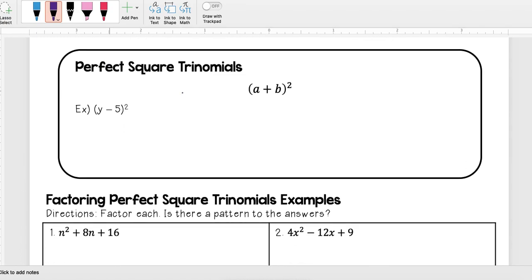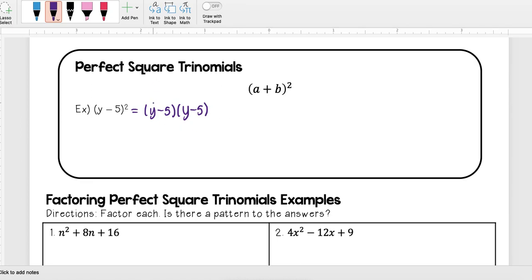So if you remember from our previous unit, that looked like this, where I have a plus b quantity squared. And just as a reminder, if I were, for example, going to multiply out y minus 5 squared, that would really be y minus 5 times y minus 5. So basically, I'm taking that y minus 5, and that exponent 2 means I'm multiplying it